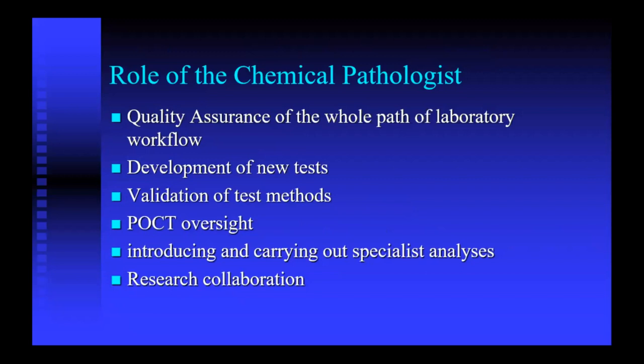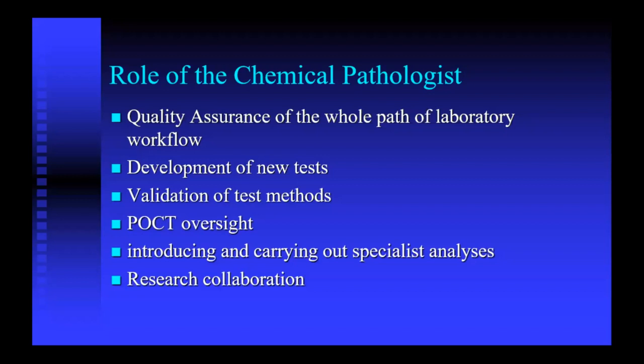Also, development of new tests and validation of test methods is a key function of chemical pathology. Point of care test oversight in several health facilities in our setting here in the country. So many POCTs, everybody is using glucometers, in A&Es and all sorts of places, but nobody is monitoring these devices, because a point of care device can generate a digital result quickly, it doesn't make it right. You can be precisely wrong. There's a difference between precision and accuracy. Most of these devices are precise, but might have issues with accuracy of results.